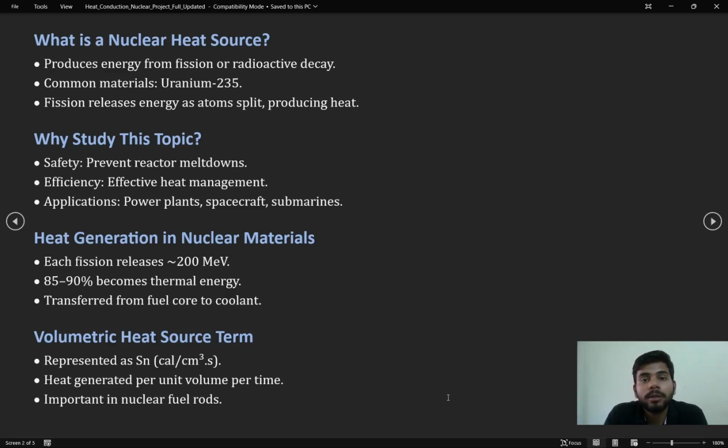Since smaller fragments move with a very high speed, when they collide with the surrounding atoms, they lose their energy in the form of heat, and this results in overall heating of the fuel element. And some of the energy is released in the form of gamma rays and beta particles, and these particles are absorbed by the surrounding material, and they also contribute to further heating of the fuel element. They consist of 10 to 15% of the total energy, and the fast moving neutrons, they can be